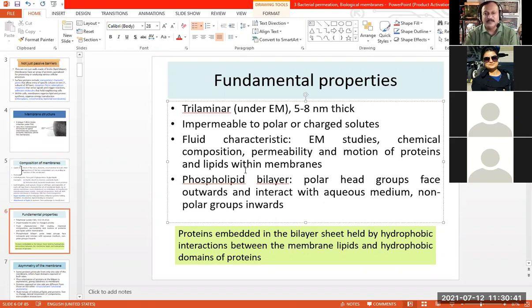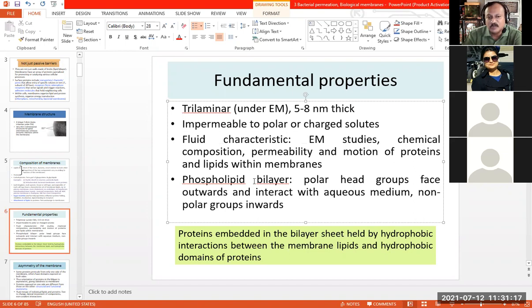One more important characteristic of the membrane is that it is fluid in nature. Although it appears to be a wall-like barrier which is protecting the cell, it is not a solid structure. It is actually a fluid structure, and therefore there are certain molecules in the membrane which can float in the membrane. That tells us that it is a fluid-like structure, and therefore this is also called the fluid model of the membrane.